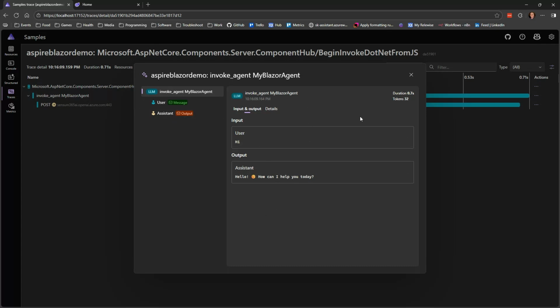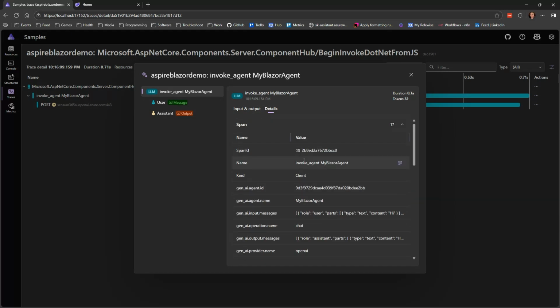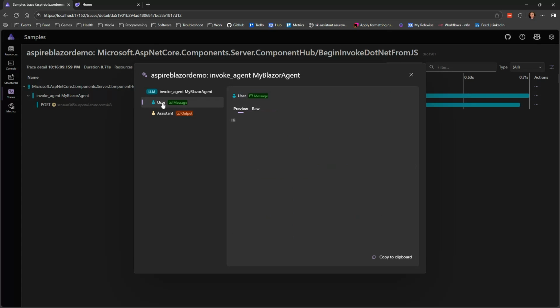So you don't need to go in. It's a little lacking in my book. It shows only tokens in this way instead of showing input and output tokens in one go, because output tokens are like 10 times more expensive. So it's a little annoying that they do it like this. But that's a matter of opinion. But we can see the input and the output for each call. Details and all the things we can also see when we log it to a console or to Application Insights, and we can go into the user's call and the agent's call, and had there been tools they would probably also be showing up here.